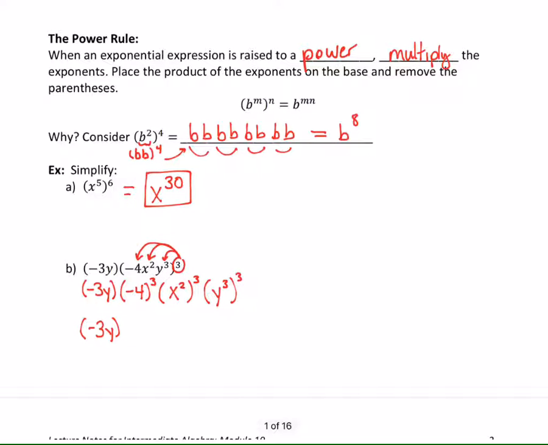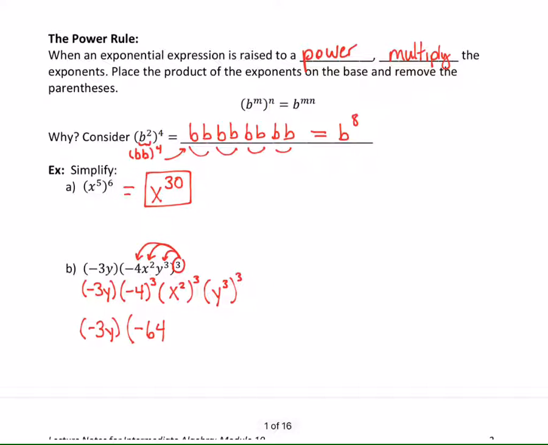4 times 4 is 16. 16 times 4 is 64. 64. Is it positive or negative? Negative. Why is it negative? Because once you multiply negative 4 by itself, it becomes a positive, but you got one more negative after that, exactly. So with 3 negatives, any odd number of negatives is going to be negative, because even numbers of them drop out